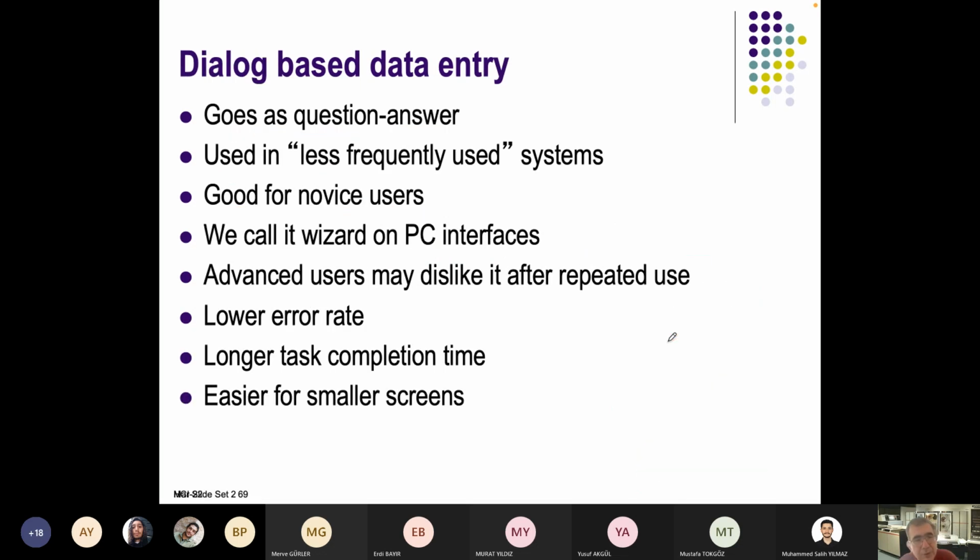For less casual users, less frequently used systems like kiosks or advertisement response, one-time used applications, it goes like a question and answer dialogue. It is good for beginners. We call them wizards